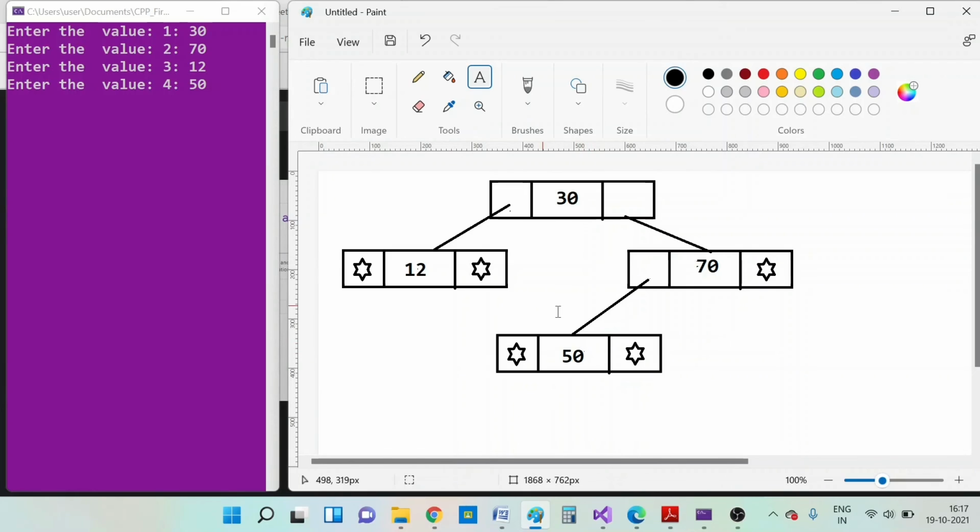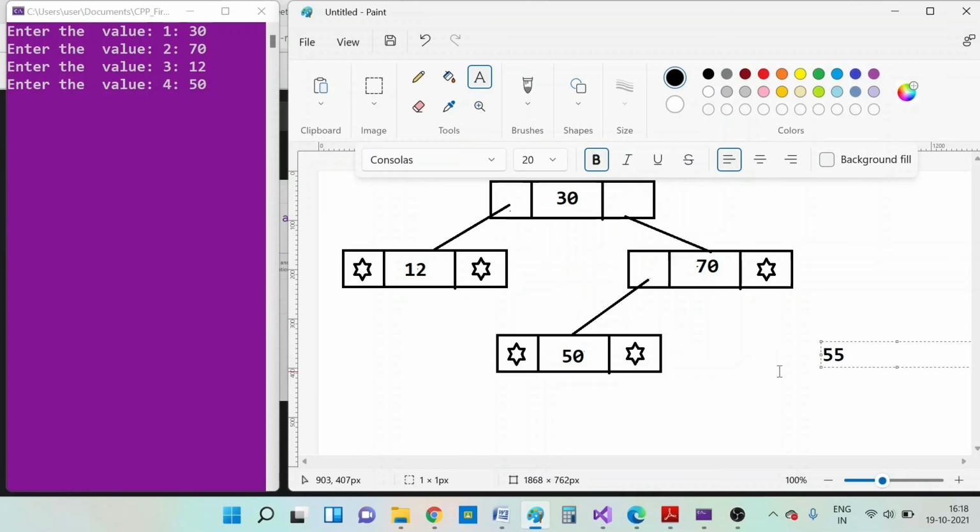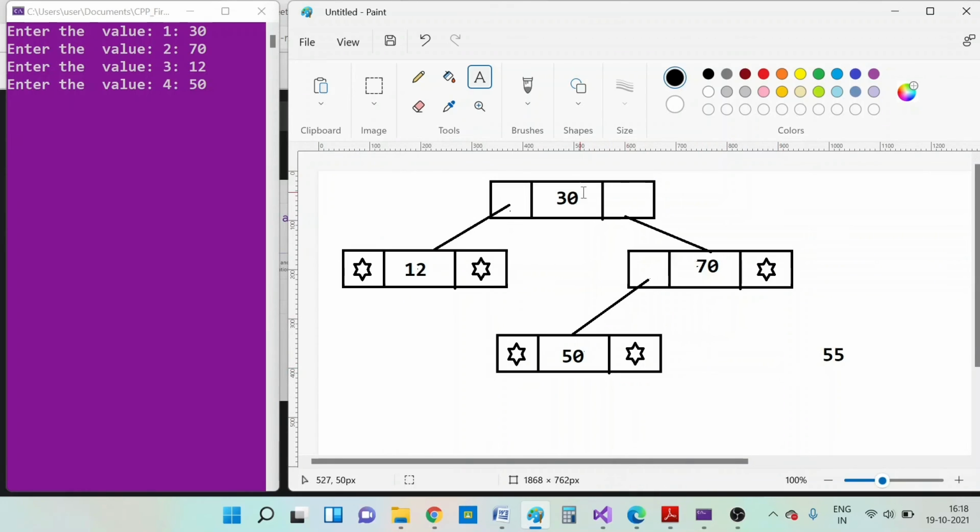But if there is no match, for example if I am searching for a number which is not in the list, let's say 55. So I am searching for 55 which is not in the list. Now what will happen is that it will compare with 30, compare with 70, and finally compare with 50. When it compares with 50, it will know that 55 is greater than 50.